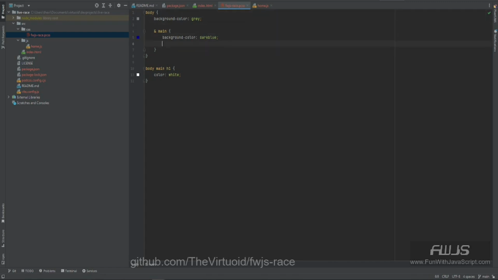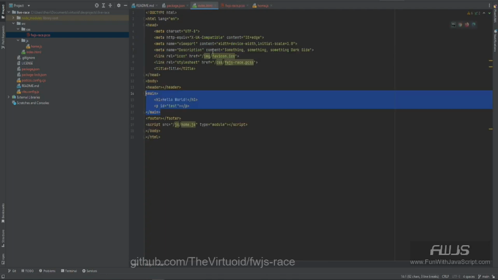So if that h1 can go in right here, color white. Now, could I have kept it downstairs, down here? Sure. You can mix and match all you want, but this just allows you to be able to create an indented and easily maintainable CSS file. That's basically all there is to it. It just makes life a heck of a lot easier. So that takes care of our PostCSS